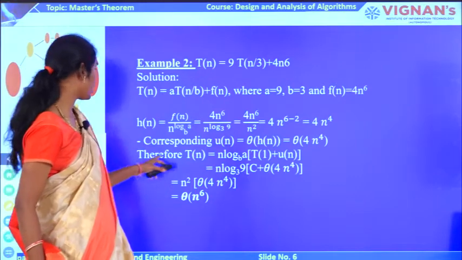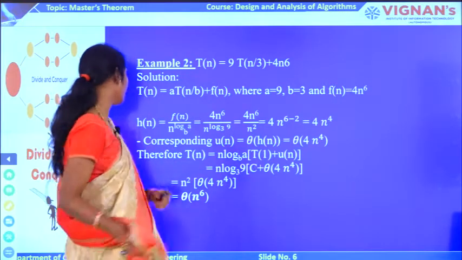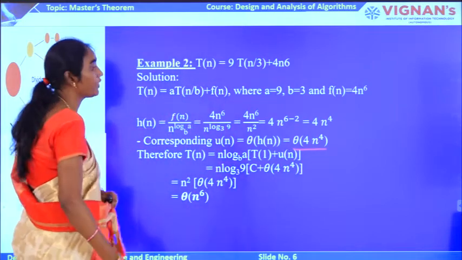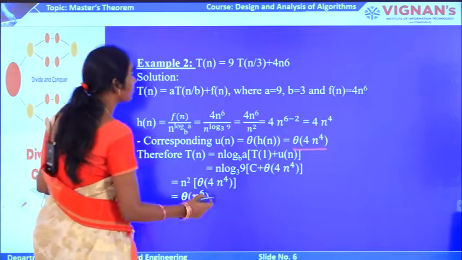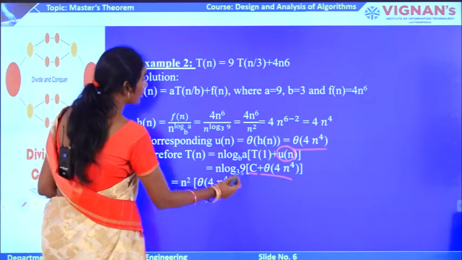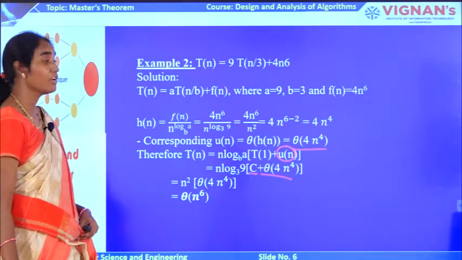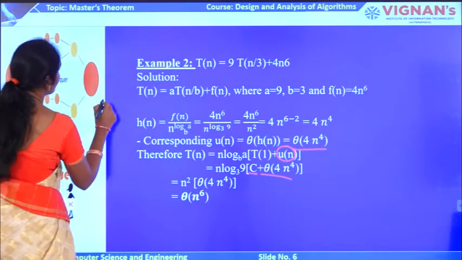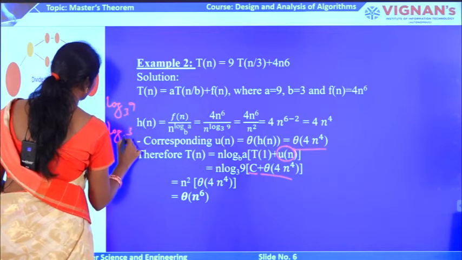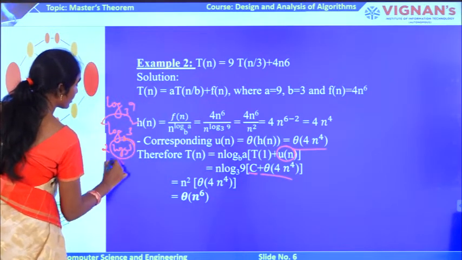So, now again T(n) is n to the power of log a to the base b into (T(1) plus u(n)). Here u(n) value is theta of 4n to the power of 4. Now I am going to substitute this over here. T(1) I am taking as a constant. So, n into log 9 to the base 3. Log 9 to the base 3 can be written as log 3 square, right, since 3 into 3 is 3 square. Now the square comes over, 2 comes over here, 2 log 3 to the base 3, which is 1. So, which is equal to 2.